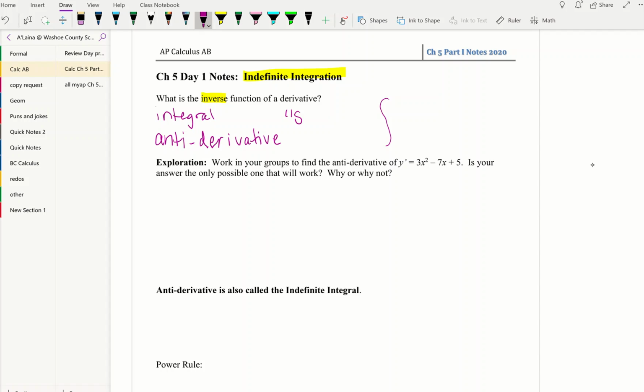We're going to learn more about its meaning as time goes on, but an integral is actually a summation, an accumulation. We're going to be taking a whole bunch of things, and the process of integration adds up a whole bunch of areas, which we'll see as we go on. You don't really need to know too much about this right now, but what will happen is if you have some function's derivative,